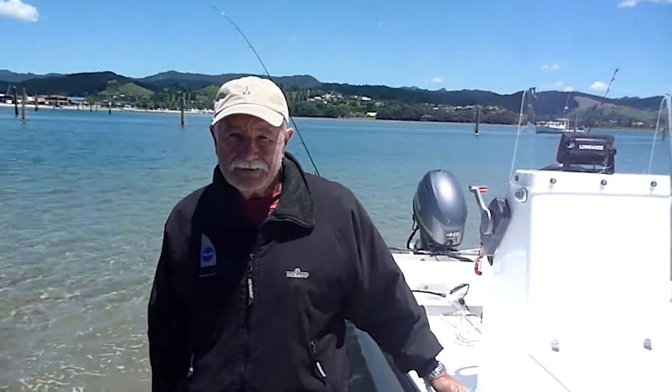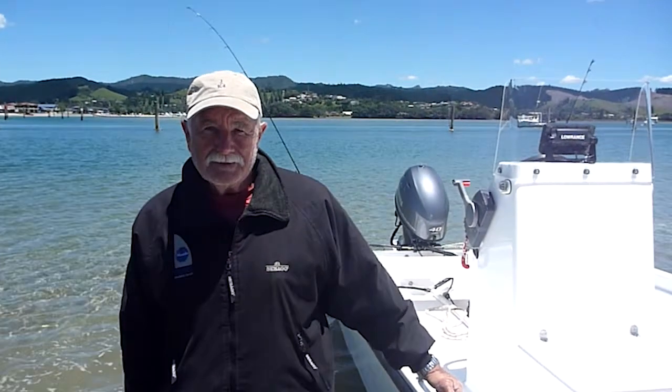So these longboats, you see various versions of them right throughout the Pacific. Fairly flat bottom, so they're really stable, they can carry a big load, and they're pretty easy to power. That's the beauty of them. You need small power, not big power, so consequently they're economical. As you said earlier, they can carry a lot of load, and ideal for fishing. They've got built-in buoyancy, so they're unsinkable as such. Not that anything's unsinkable, but...